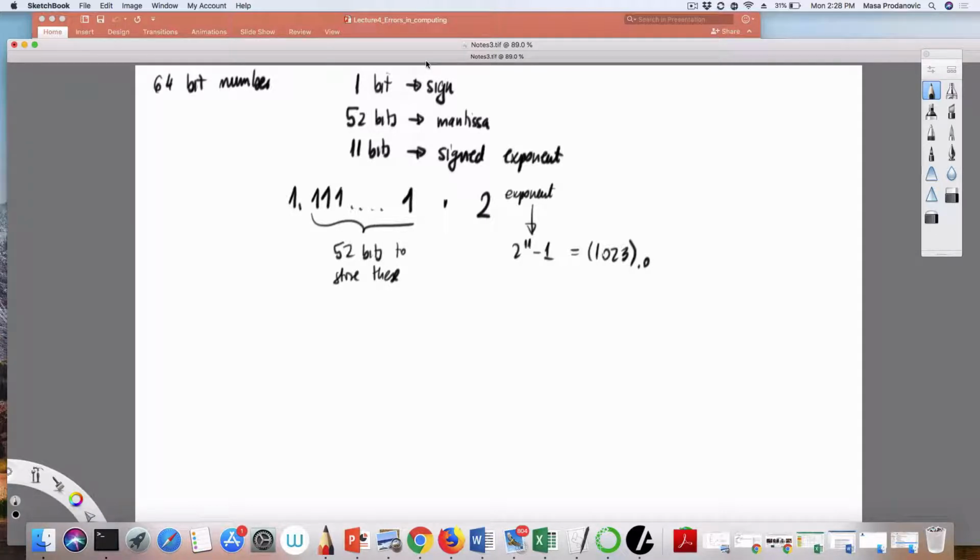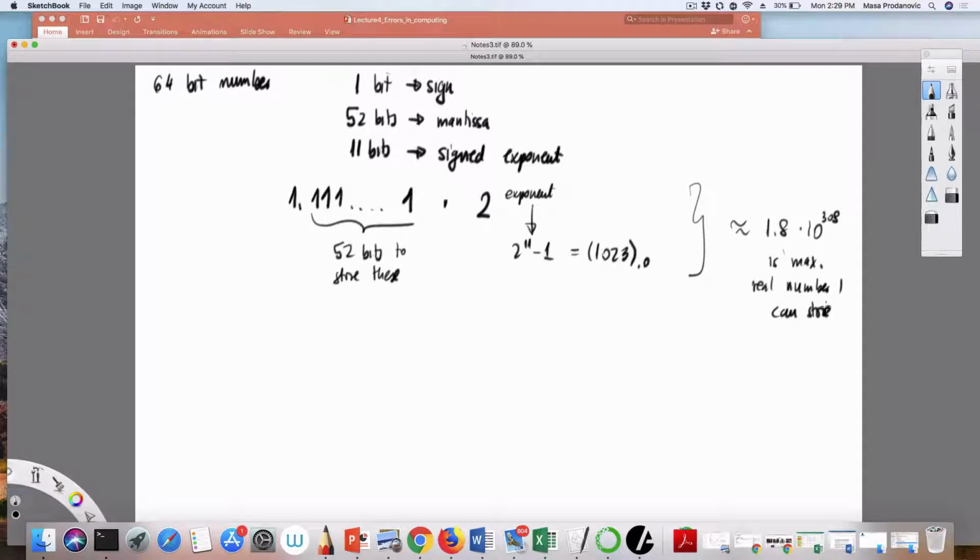It's from this calculation that in the decimal system you get approximately 1.8 times 10 to the 308 as the maximum real number I can store. Again, this is not an exact calculation. I'm not attempting to be exact. I'm just telling you that given these constraints,